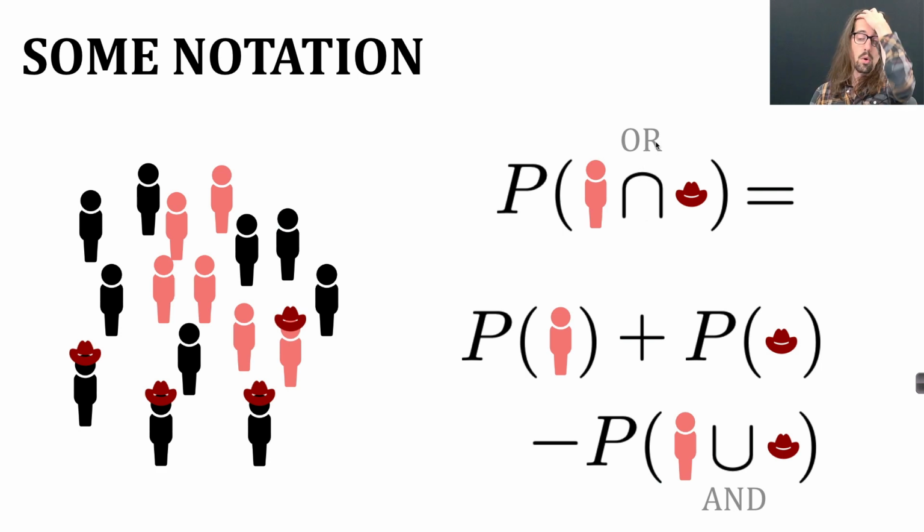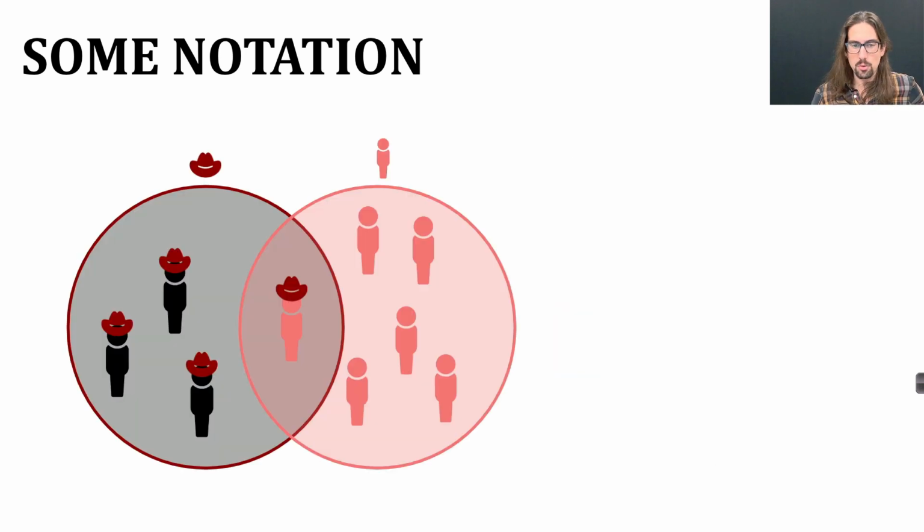Here's another little bit of notation. In mathematics, the "or" is often notated with this. It's called the cap, and the "and" with what they call the cup. Why? I honestly don't know. That's just the way it is. So if you say this is my population, people who have neither of these are outside both of these circles. This is a Venn diagram where the pink people are in this circle and the people with hats are in this circle and the people with both are in the middle. So if we call these two groups of people A and B,